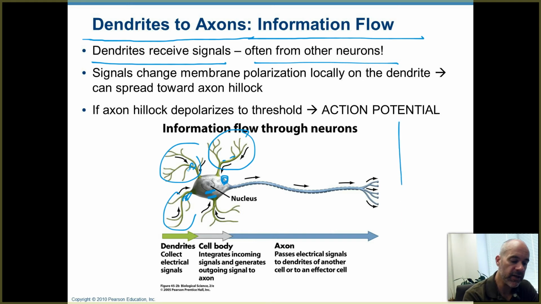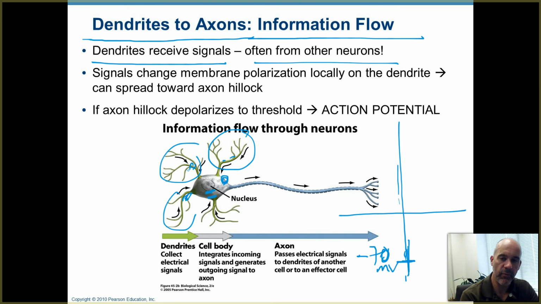And if we think about our membrane polarization graph, as we've learned about before, you start off down here around minus 70 millivolts. That's the resting level. When these other neurons are trying to influence this one, the influence occurs through changes in membrane polarization. So it might be causing the charge across the membrane to go up, or in other cases, to go down. We'll see different examples of those.